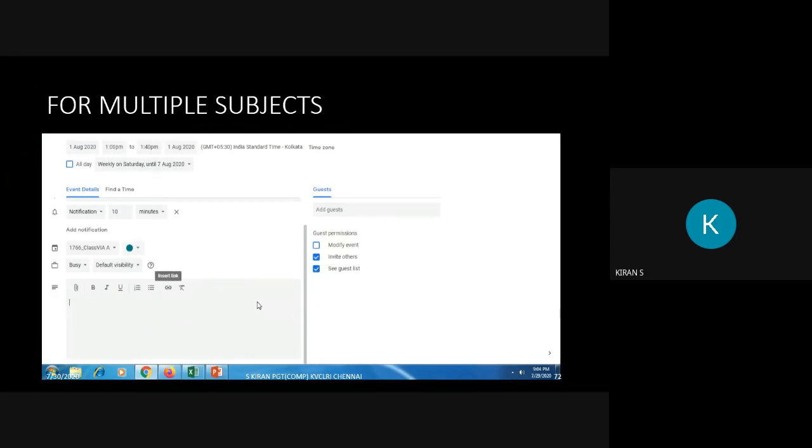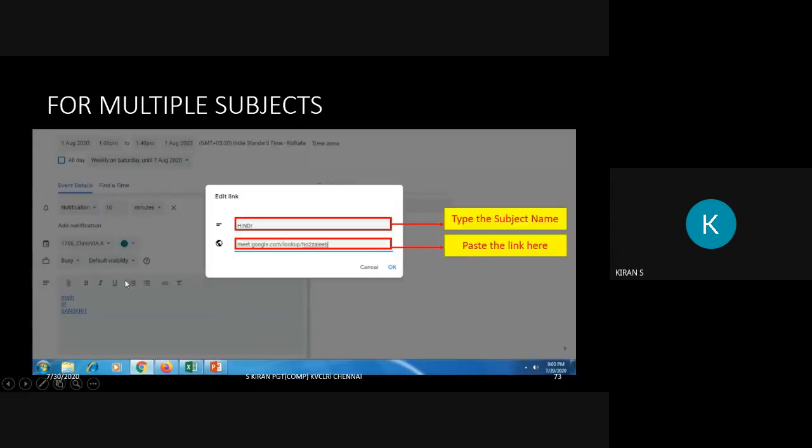Now for multiple subjects, where we have for class 11th and 12th, 9th and 10th, same period, two different subjects are to be added. Again, we'll go to hyperlink. So here instead you will type the subject name on the first box, on the second box you will paste the link. This is just a suggestion: for the subject which has the maximum number of participants, you can make use of the permanent link.